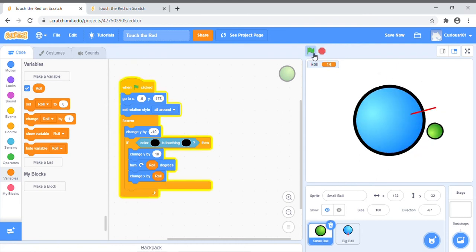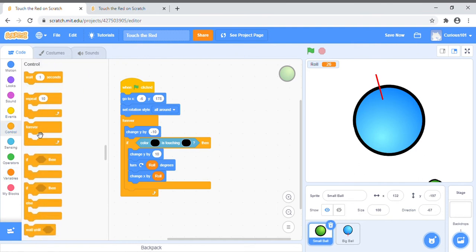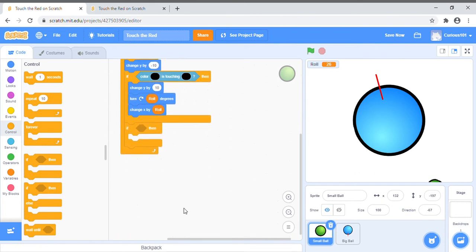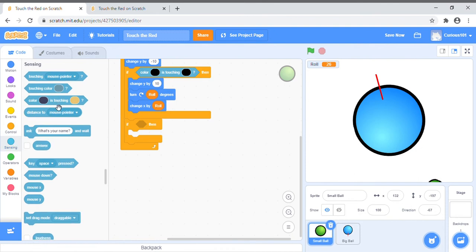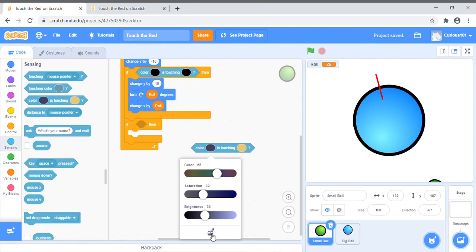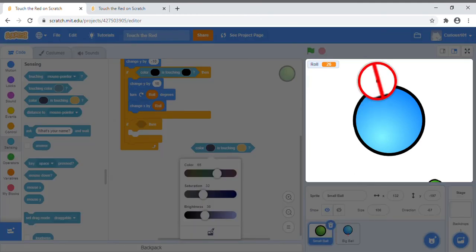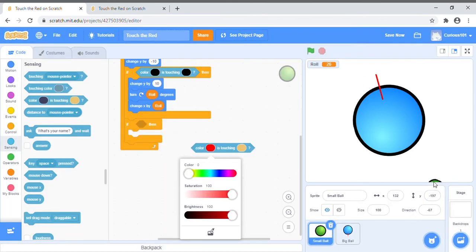We need to add how we're going to sense our red line though, so we still need to add that. To do that, we're going to repeat some of our steps. We're going to go to control, we're going to grab an if, I'm going to bring it underneath the previous if condition. We're going to go to sensing. Sensing is this light blue circle. We're going to have touching color. So we want what colors to touch what colors. We want the color red